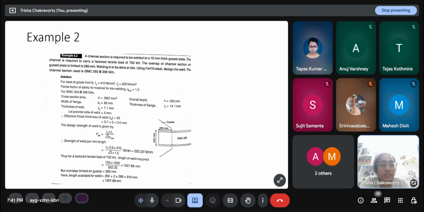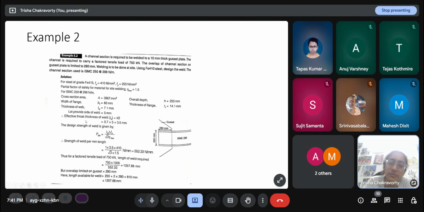Like when you designed RCC structures, for a beam we used to say, let the dimension of the beam be 300 by 400. Then we would find out the strength of that beam in bending and in shear, and see whether it is greater than the maximum bending or shear expected in the structure. Then I say this dimension is fine. Otherwise, I would increase the dimension and check again. So this is an assumption.